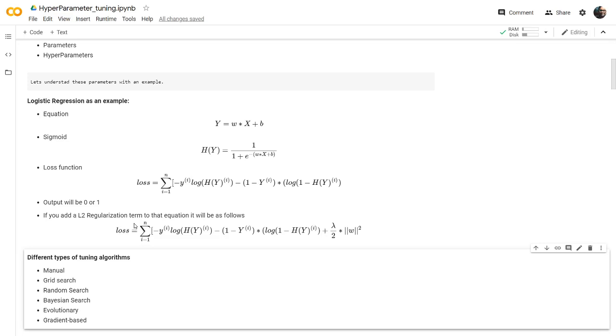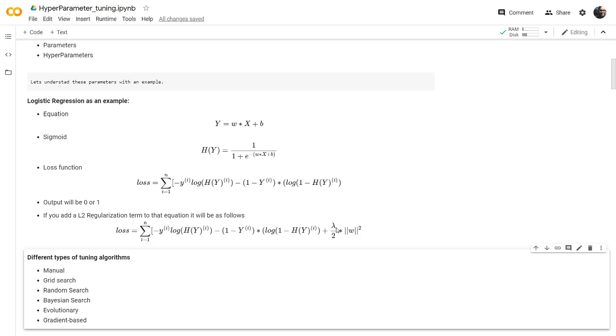Whenever you want to add a regularization term to this logistic regression, we'll be adding that to the loss function. You can see in the next equation we added an L2 regularizer, lambda by 2. Lambda is a constant coefficient for this L2 regularizer, and this lambda is called the hyperparameter, which is set by the user before the training starts.